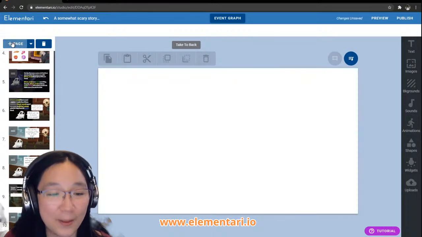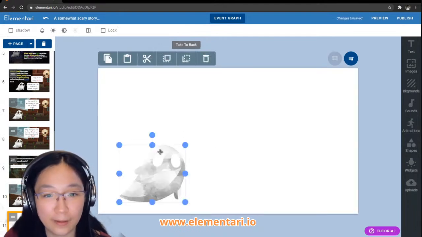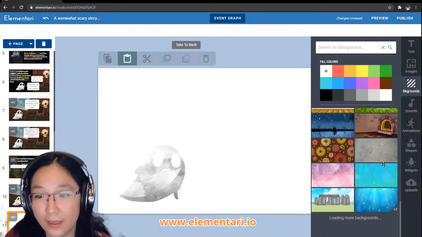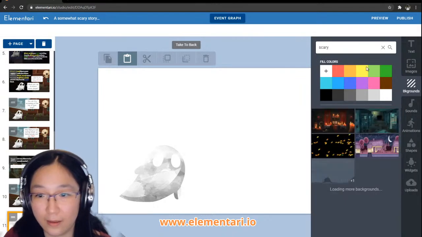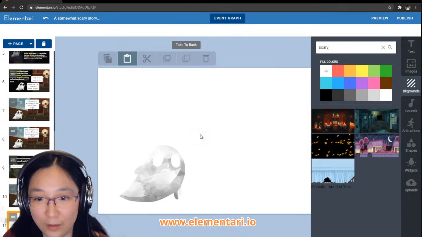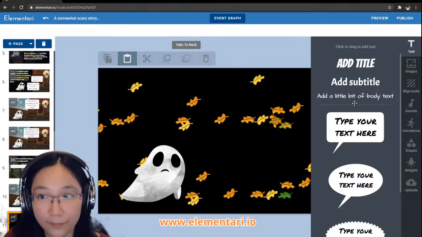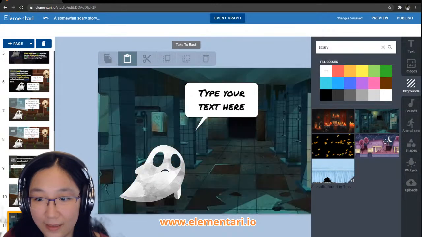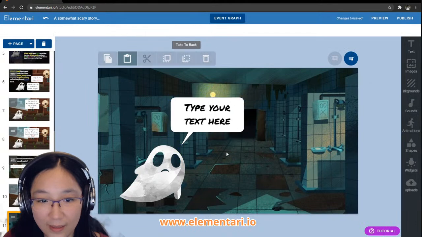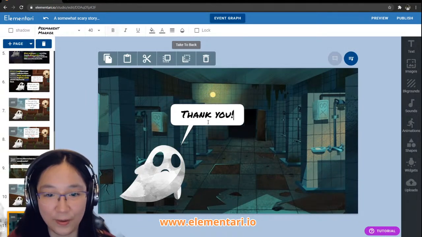Okay, so let's add another page and let's finish it. Yeah, you can't see the ghost anymore. So let's add this. Thank you.